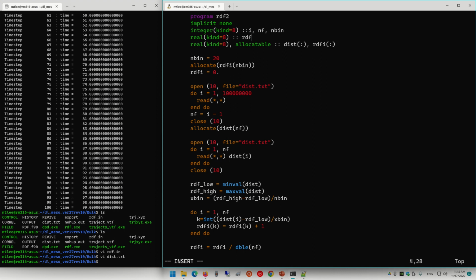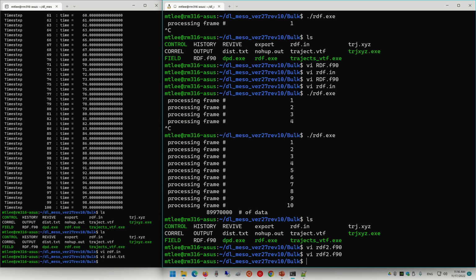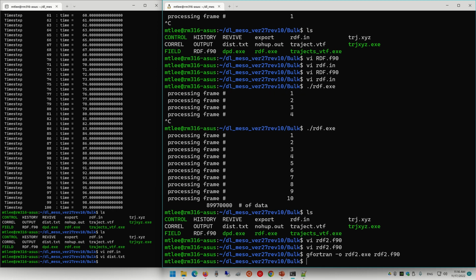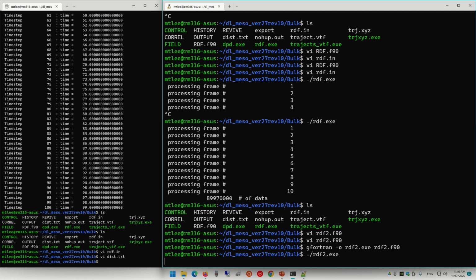RDF low, RDF high, X bin. Okay, should be the. Okay, actually works. Needs to take a while for the sorting.